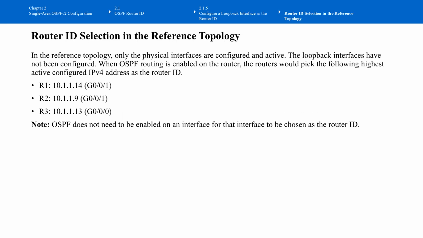2.1.5 Configure a loopback interface as the router ID. Now let's apply the router ID selection rules to our reference topology. Let's begin with router R1. R1 has two active physical interfaces, the Gigabit Ethernet 0/0 with 10.1.1.5 and the Gigabit Ethernet 0/1 with 10.1.1.14. For router R2, it also has two active physical interfaces, the Gigabit Ethernet 0/0 with IP